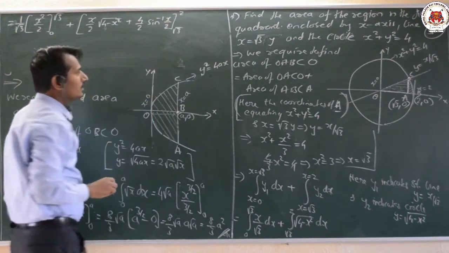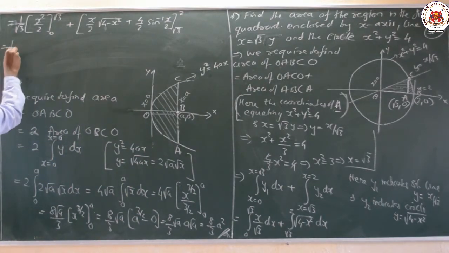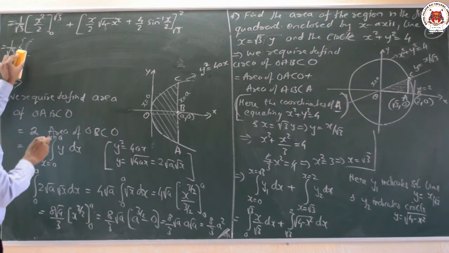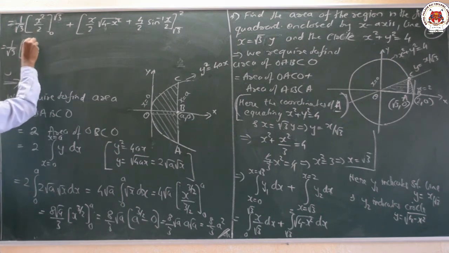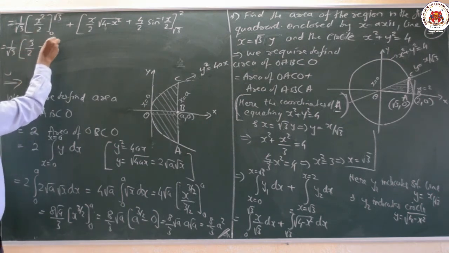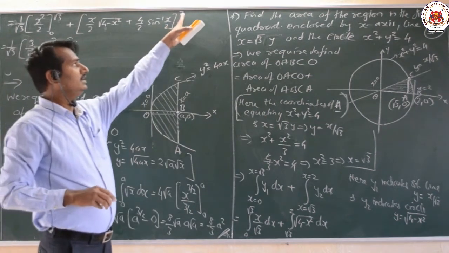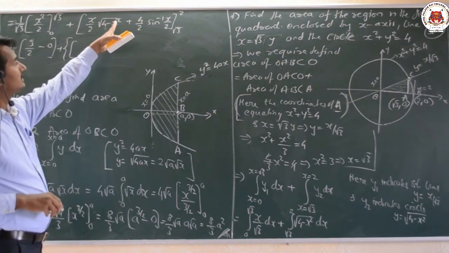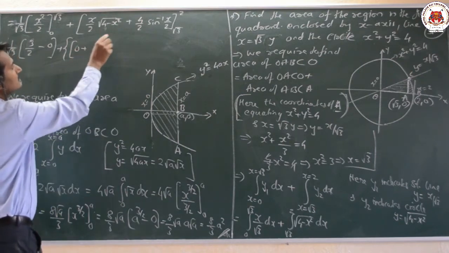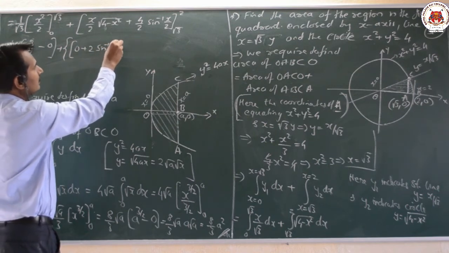Now we shall substitute the limits and find out the answer here, which is equal to 1 by root 3. Okay students, 1 by root 3. Now here I will substitute the upper limit. Only one single term is there, so we will put only the square brackets, that is root 3 whole square, that is nothing but 3 by 2, minus 0, plus. Next part is, for this whole thing I will put the upper limit. Upper limit, what we get here: 2 by 2 into root of 4 minus 2 square, that is nothing but 0, we get 0, plus here 4 by 2, the value is 2, we get sine inverse of 2 by 2, that is nothing but 1 here.